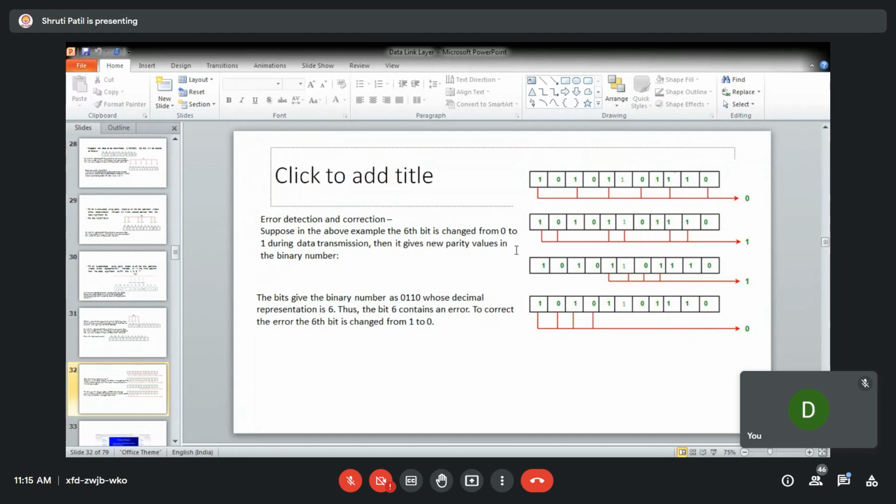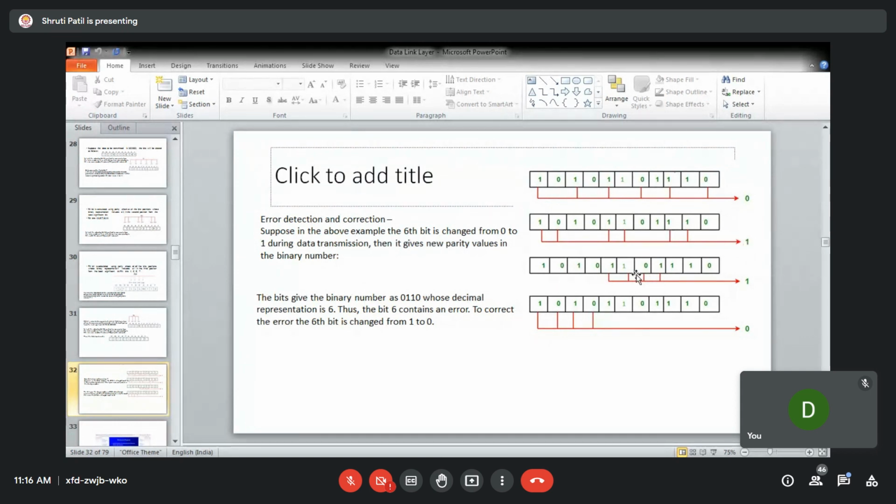So actually, you are having all four ones. So according to the received data, this should have been 0. But this is not 0, this is 1. So accordingly, you should have the bit calculated as 1. So parity comes as 1.